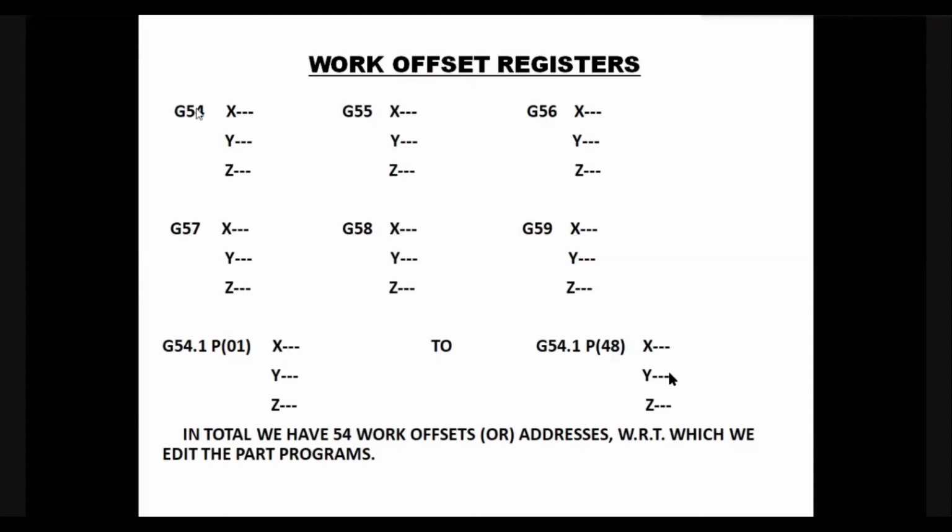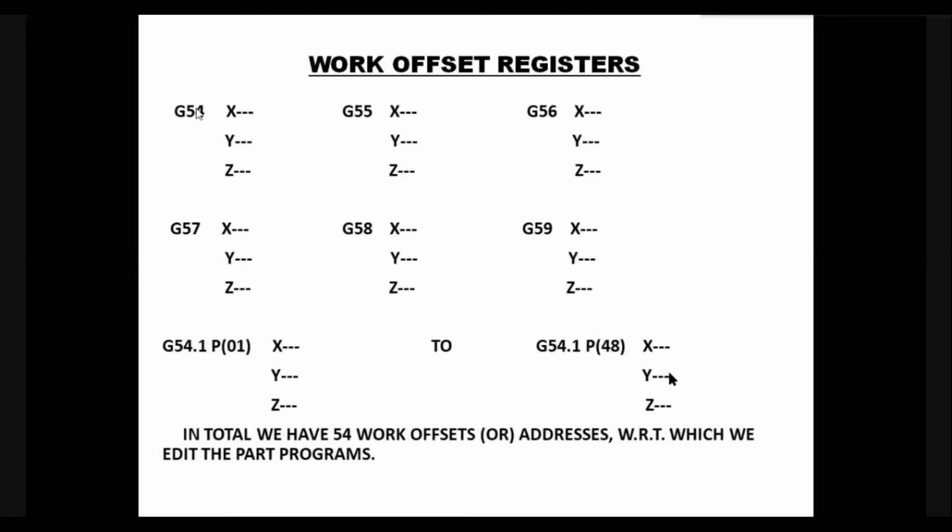Okay? So we have to see the tool and the location of reference point on the workpiece with reference to machine origin in the form of work offset registers. So you are giving all the necessary data. That's what we have to do before starting the execution of any program. Otherwise, everything will go wrong.